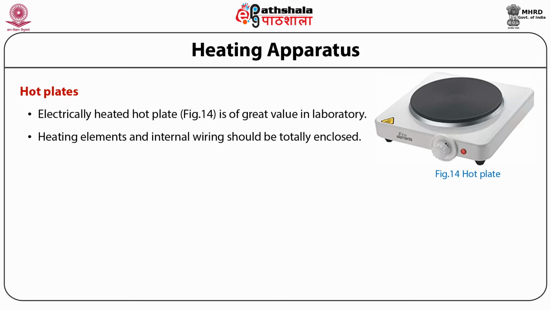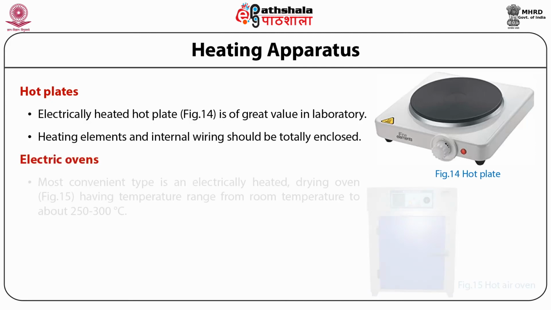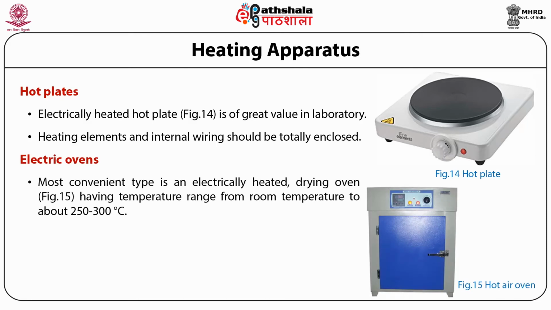Next items of common use are electric ovens. The most convenient type is an electrically heated, thermostatically controlled drying oven as shown in figure 15, having a temperature range from room temperature to about 250 to 300 degrees centigrade. The temperature can be controlled within plus or minus 1 degree centigrade. They are used principally for drying precipitates or solids at comparatively low controlled temperatures and have virtually superseded the steam